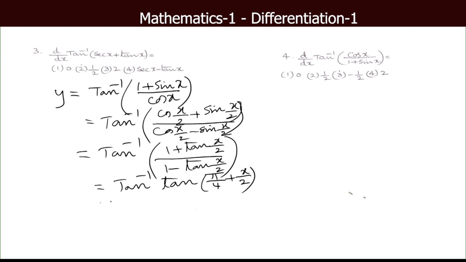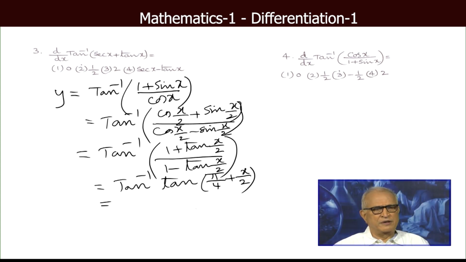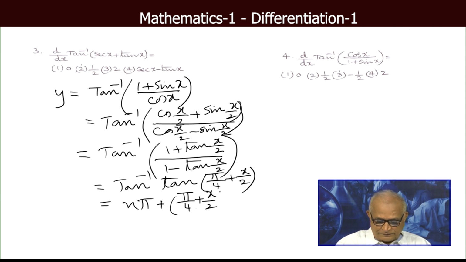And this, of course, generally students write this as pi by 4 plus x by 2. The value depends on the values of x. In the absence of any clear hypothesis about the variation of x belonging to an interval, I think we can leave this and also write it as pi by 4 plus x by 2. Strictly speaking, this will be n pi plus pi by 4 plus x by 2 for some choice of n, for some suitable integral value of n. That is the correct